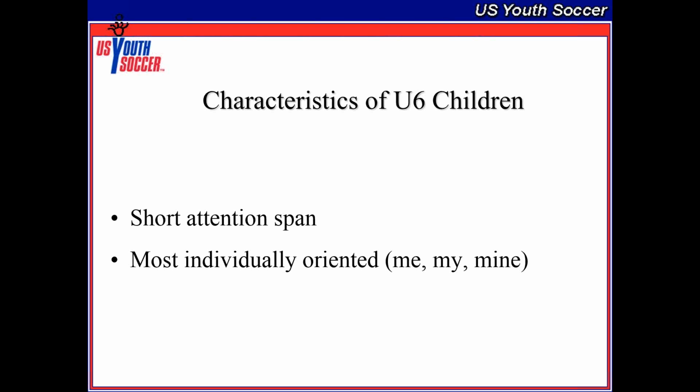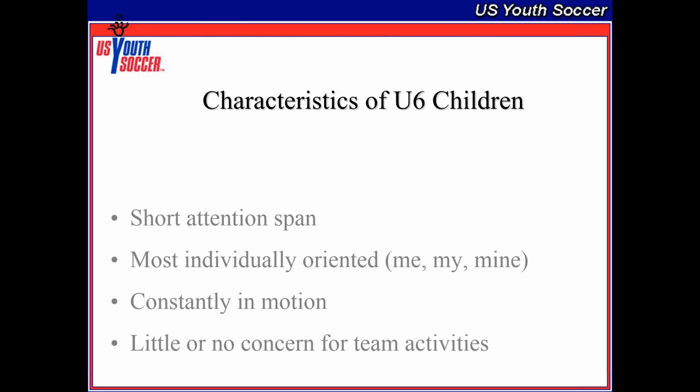And then kind of back to connecting to the individual orientation of the kids, they're not really concerned or connected with team activities. In fact, you could put under 6 kids out on the field with each one of them in a different colored shirt, and it wouldn't change the under 6 game. The kids wouldn't care all that much that they all have on different colored shirts. They would play the game the same way that they do now. When one team is in blue and one team is in white, they're going to play the same way whether they have team uniforms on or not. So this is just the fact that they look at the game and play the game from their perspective, not